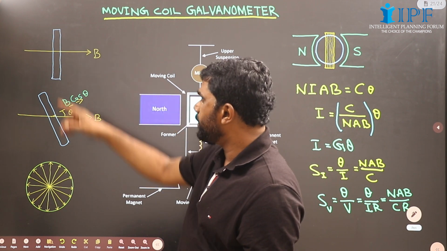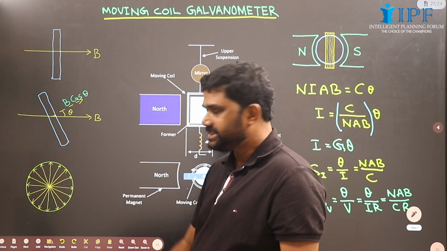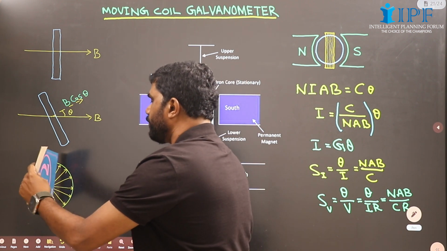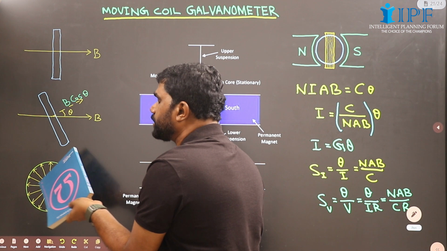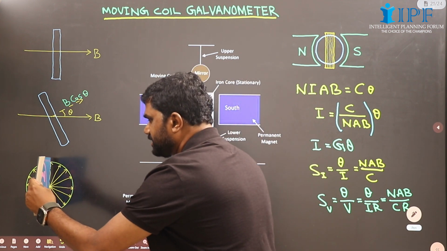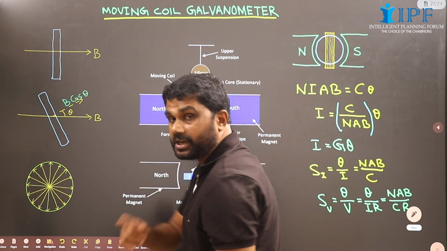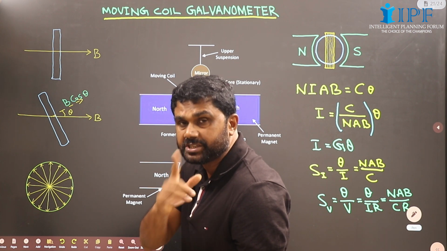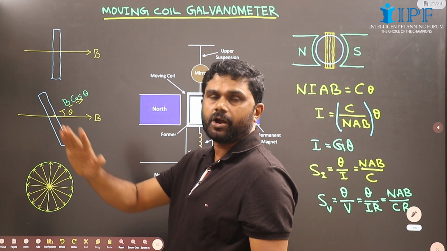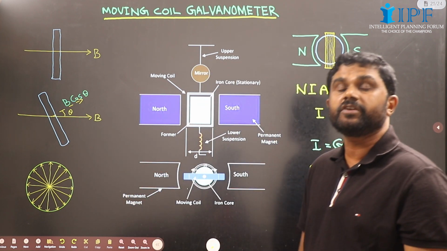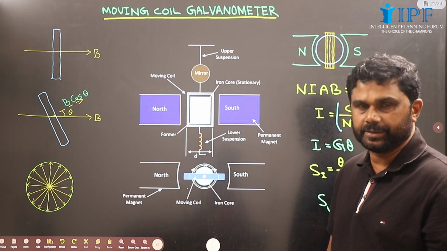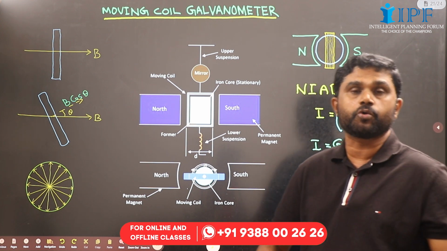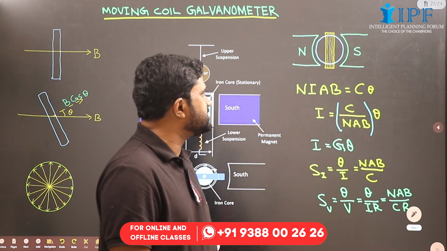See, I have changed the magnetic field like this. In this case, whatever be the orientation of the coil, like this or like this or like this, the magnetic field intensity through the coil will be the same. So at any position of the coil, we will have the same magnetic field intensity B. The current to be measured will be passing through the coil, and the coil will experience a torque